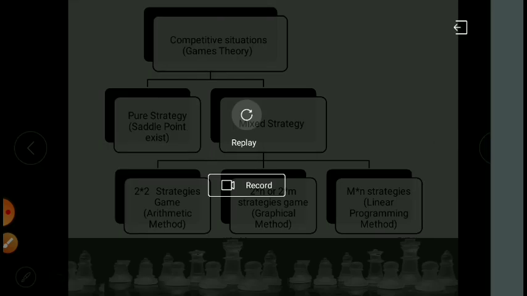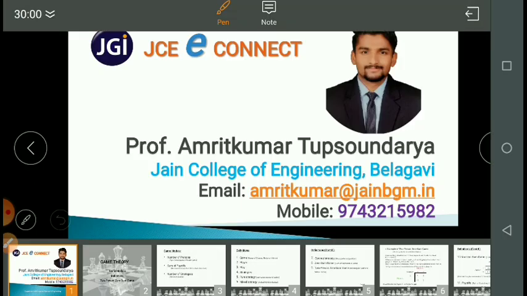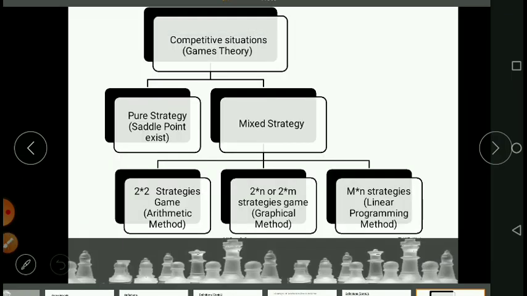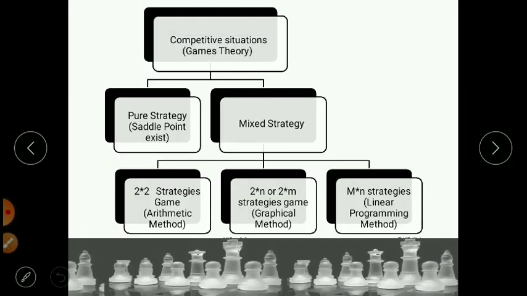So that is all for today's discussion. Just to give a brief idea about what important topics fall category-wise under this, this is a block diagram which gives you a fair idea about what this game theory is and what the subcategories are that fall under some categories, right?